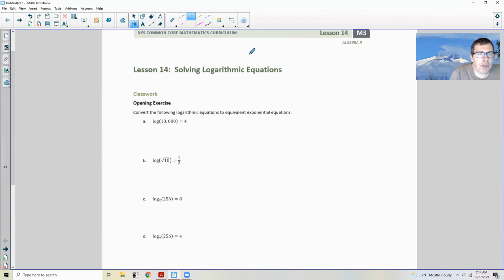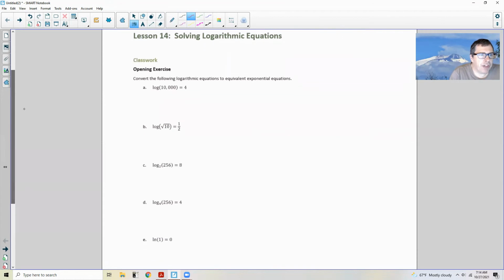And then when we get to a function like 2 to the x equals, say, 10, that is an exponential function. And in order to solve this, we have to take the inverse of an exponential, which is a log. And that is why we do logarithms. All right, so now we're going to start solving equations